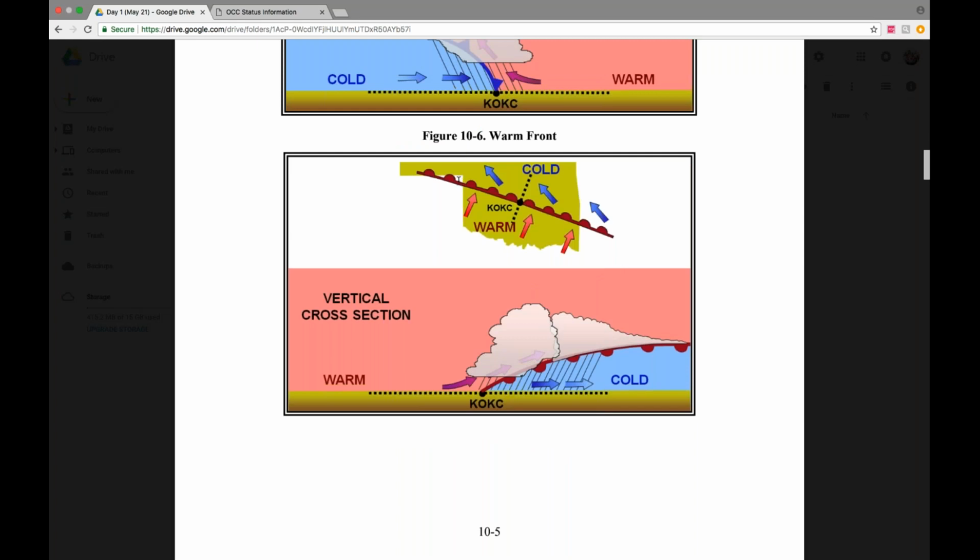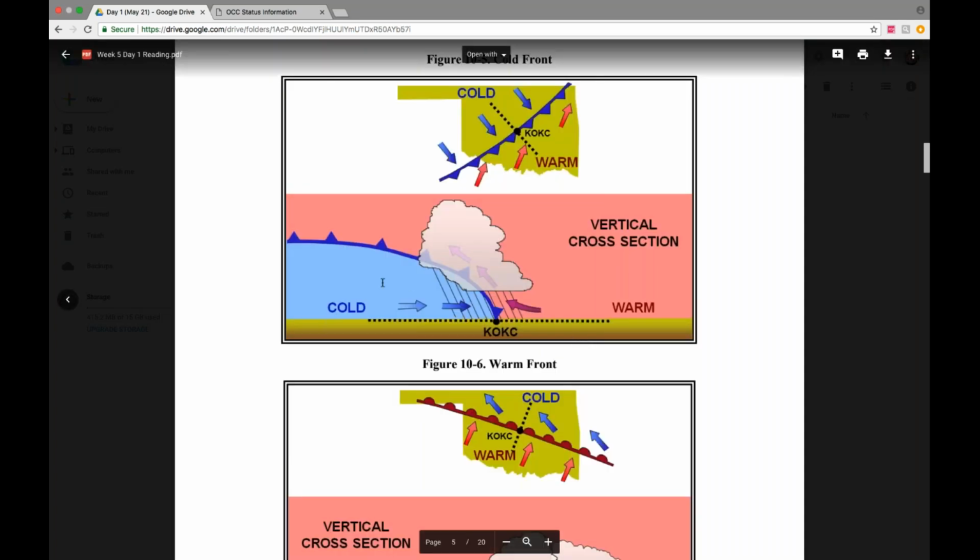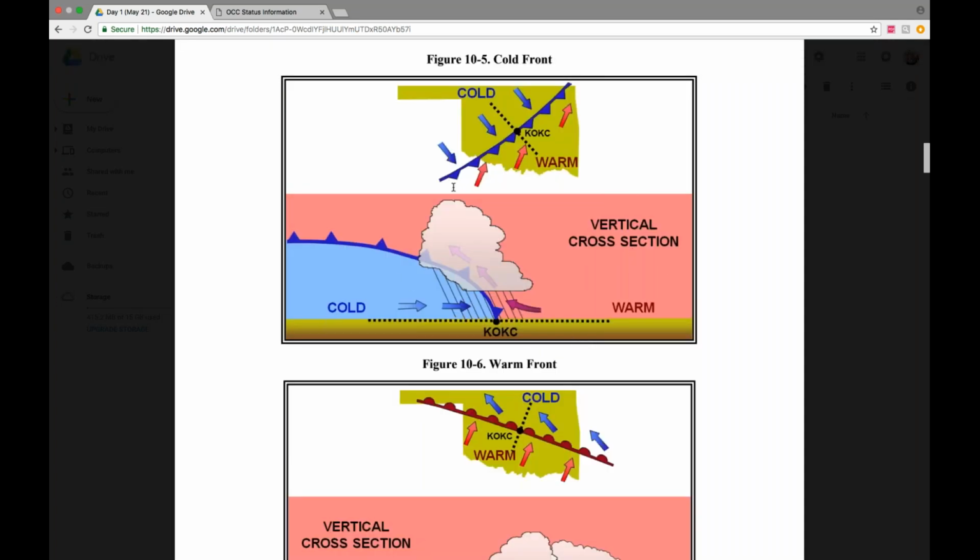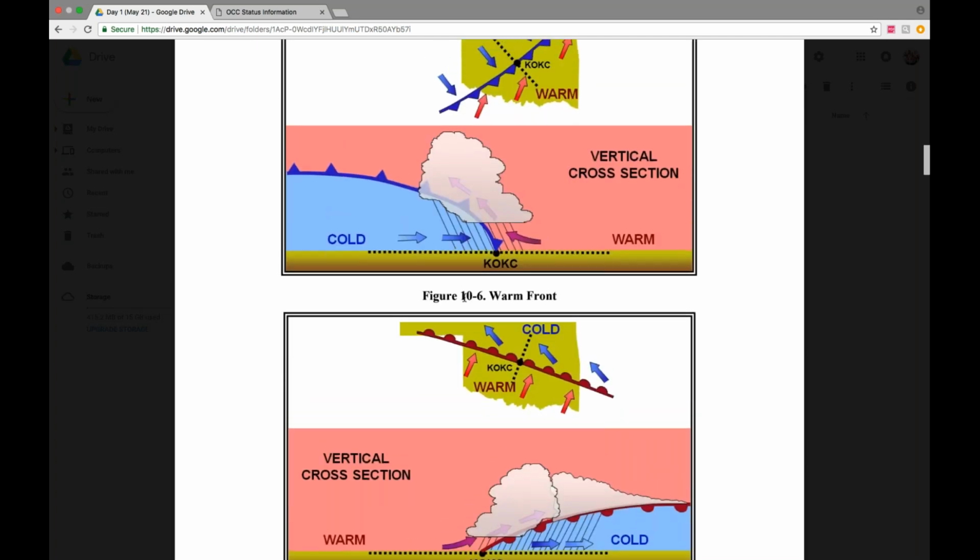When we have a warm front, we have the cold air, and the warm front's overtaking the cold air. This is just much less violent. So when we have the cold air pushing underneath the warm front, it's a lot more violent of a storm system that will develop. Okay, so